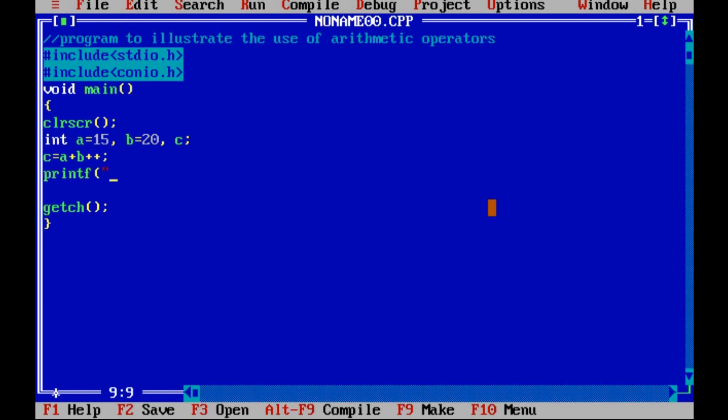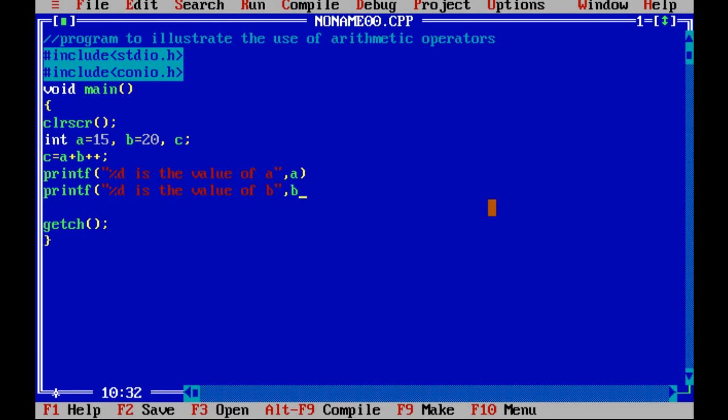First I will print the value of A: printf "%d is the stored value of A", A. Now printf "%d is the value of B".